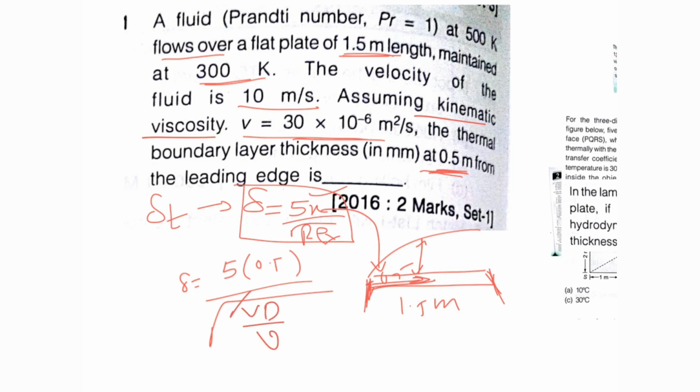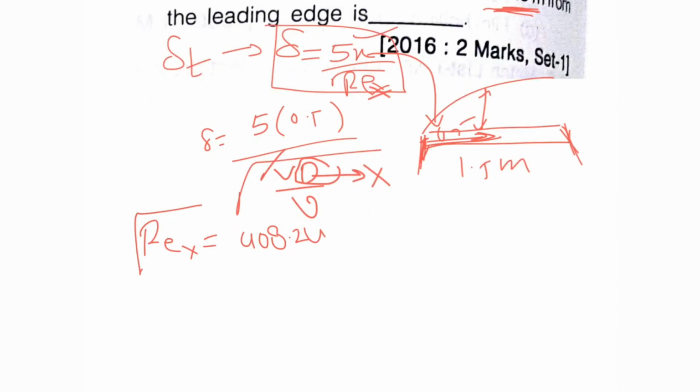Velocity is given, that is 10 meter per second. D is the characteristic dimension. We required Reynolds number at a distance x, therefore D will become equal to x, therefore Vx upon nu. We will get root over Rex as 408.24, and we will get delta value as 0.006123,